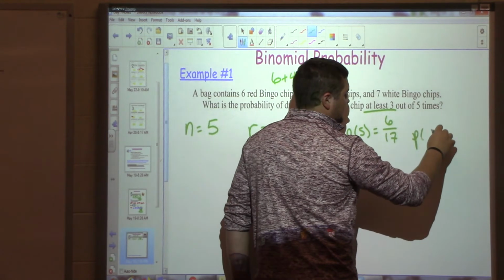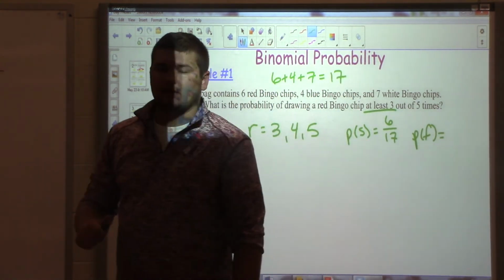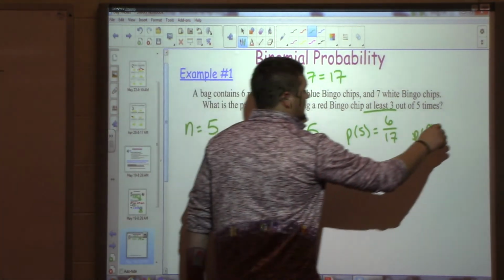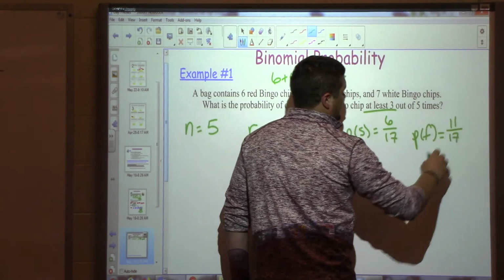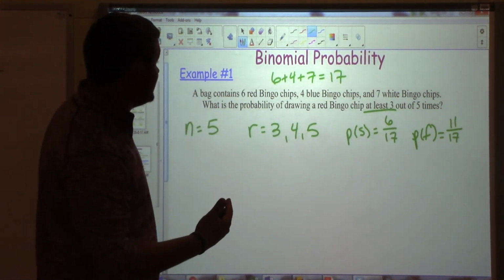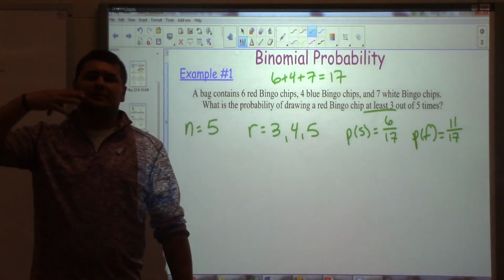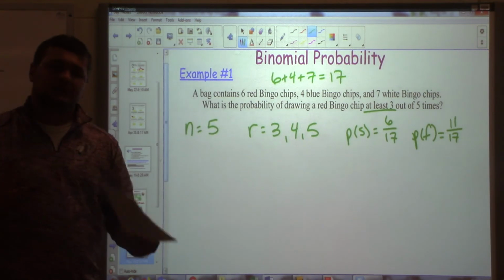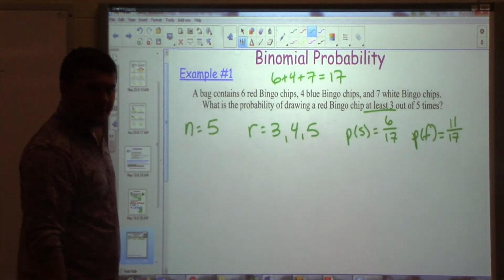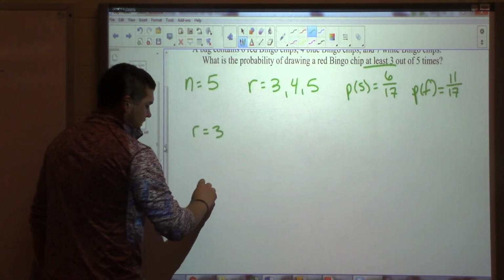Which means my probability of failure then is going to be what? 11 out of 17. Right? So you can think of it as picking anything but red. Well, there's 4 blue and 7 white, so that's 11. Or you can think of it as, I know probability of success and probability of failure need to add up to 1. So I could do 1 minus 6 over 17 and get my failure. Alright? So I'm going to let r equal 3, r equal 4,